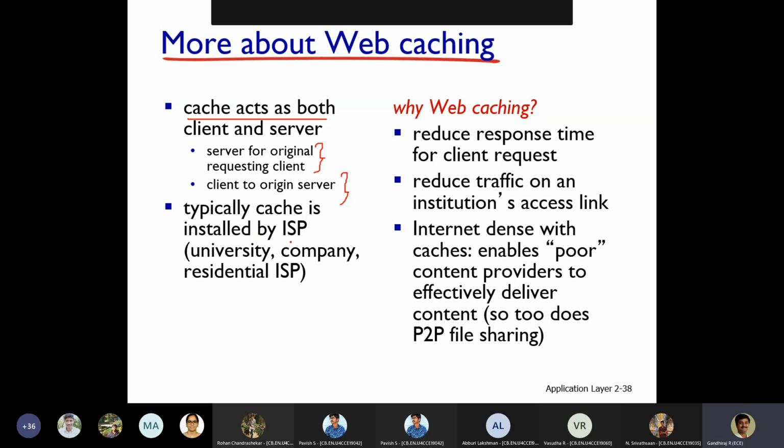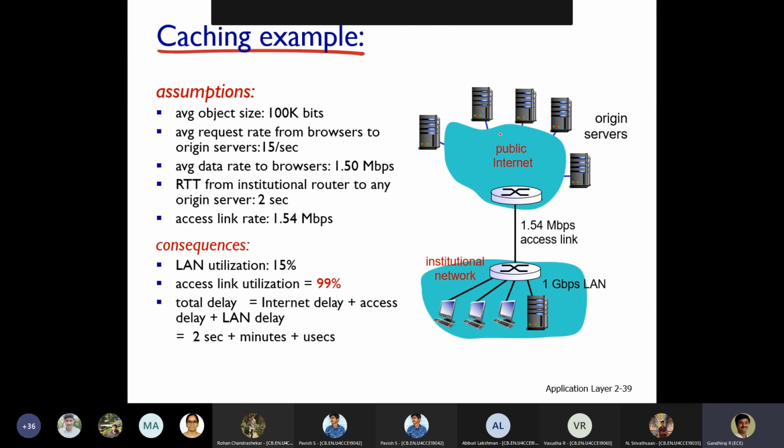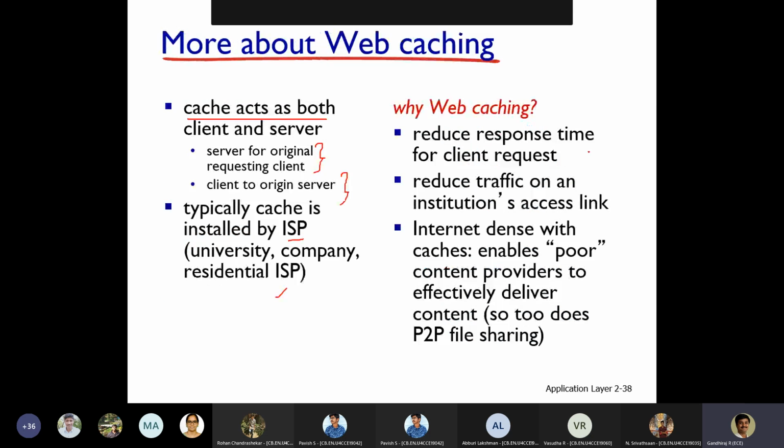Typically, the cache is installed by an ISP. I already told you: university, company or residential ISP. Why web cache? It reduces the response time for a client request. This logic was created to reduce the response time and reduce the traffic on an institution's access link. In our college campus, around 4,000 students are staying inside campus.